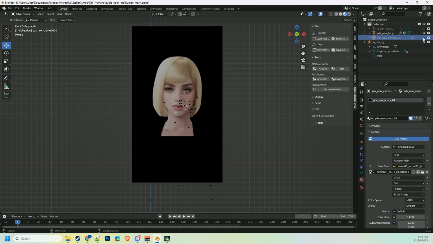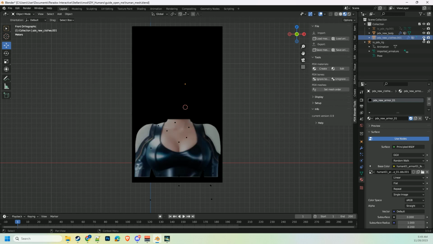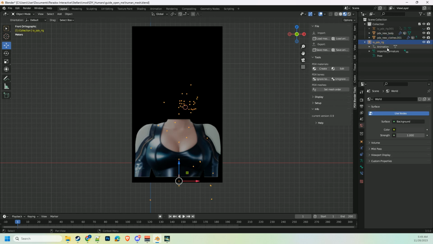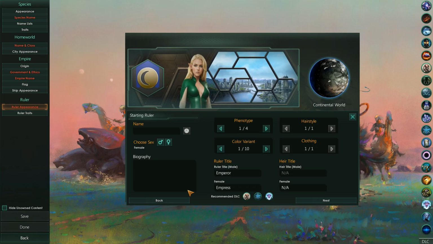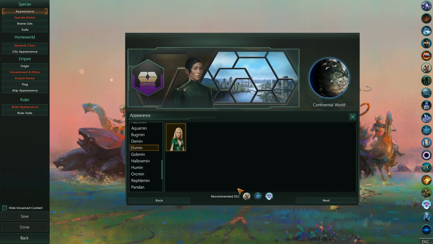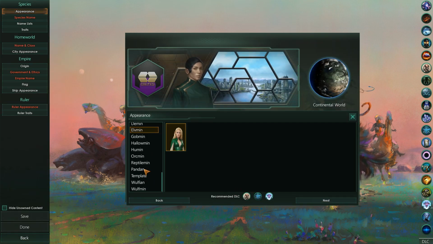So now I got the armor, and I got that. So even though they're linked, it's not really showing correctly, but realistically, when you save it to the mesh, if you were to use the human mesh, you will get